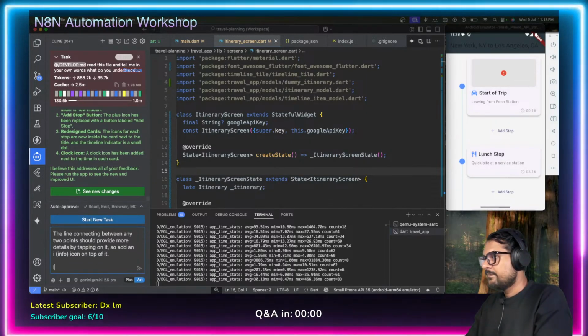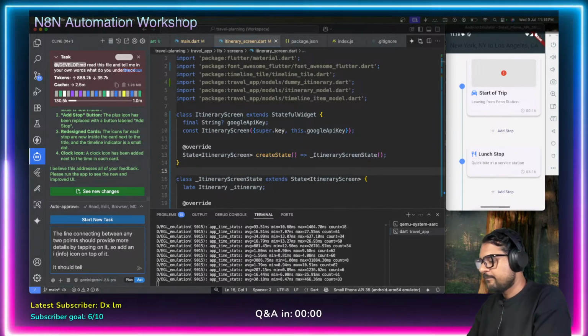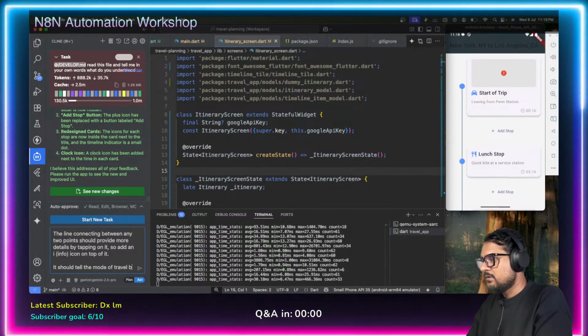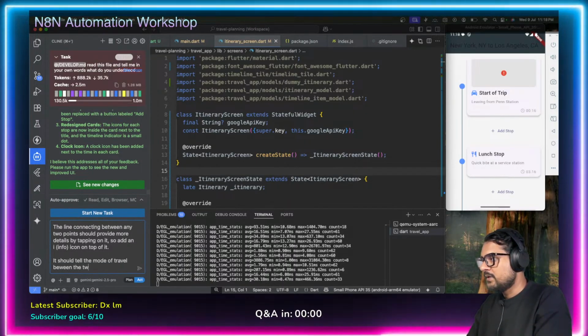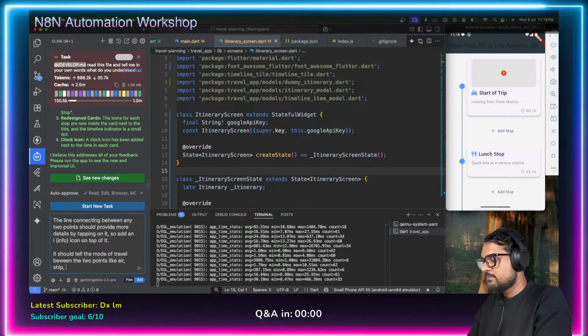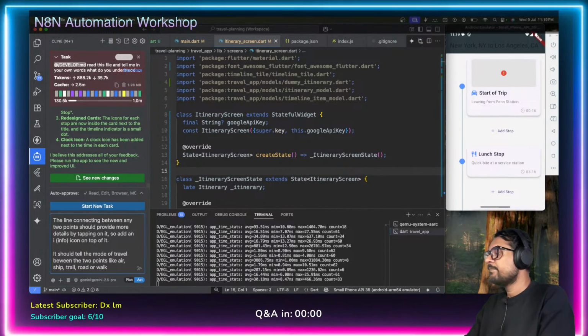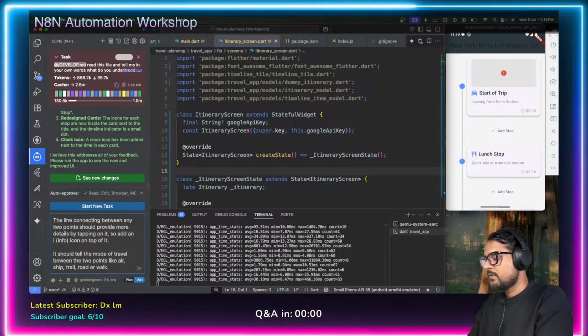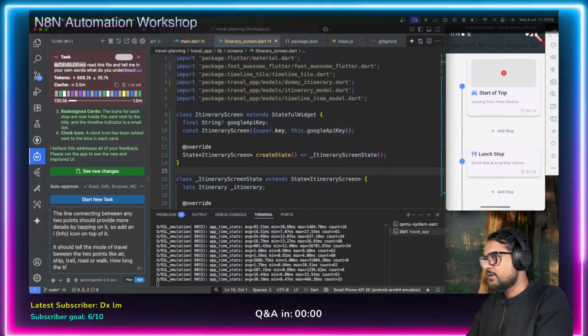What it should tell? It should tell the mode of travel between the two points, like air, ship, train, road, or walk. Okay, how long the travel is,